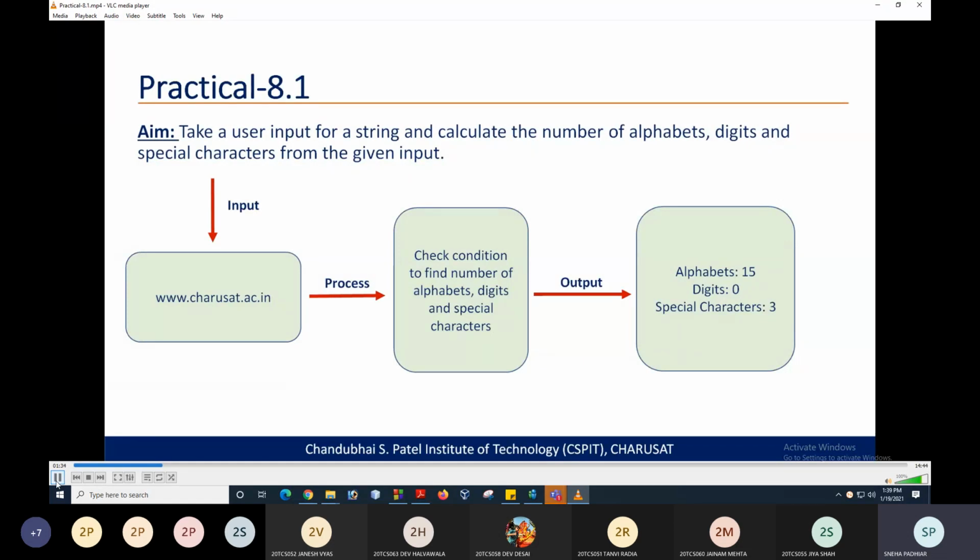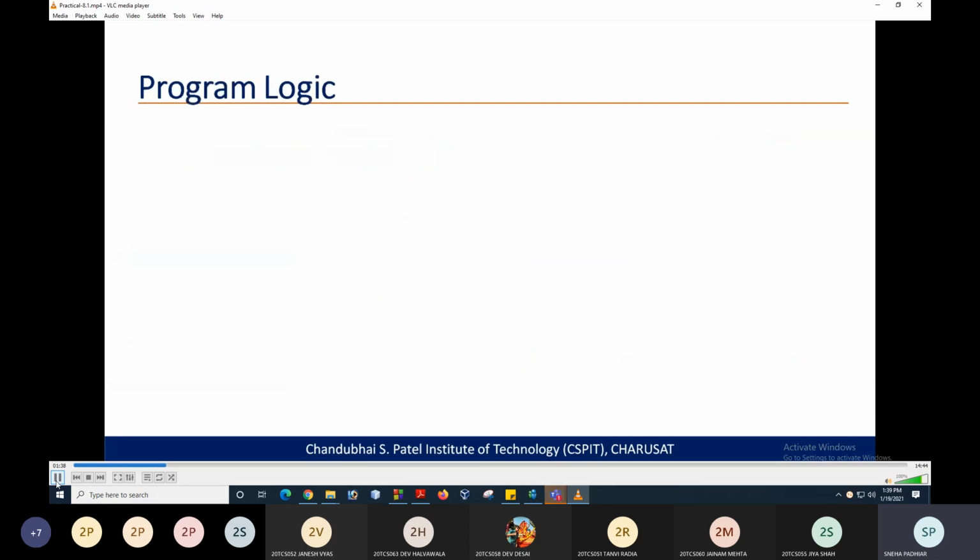Now, to perform this practical, we first need to start with the program input. So let's start first with the program input. As a part of program input, you need to scan a string, right? So to scan a string, we first need to define a character array.